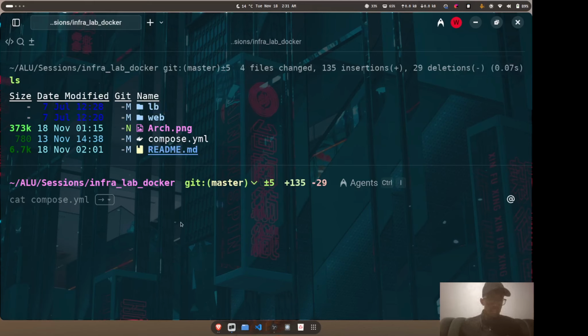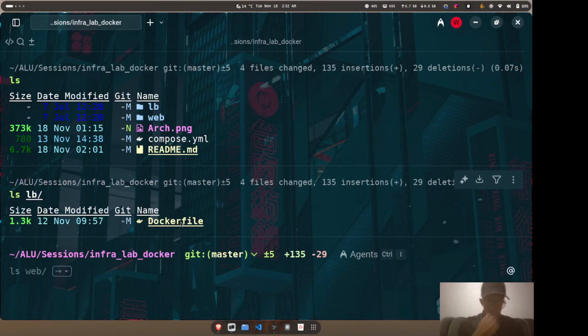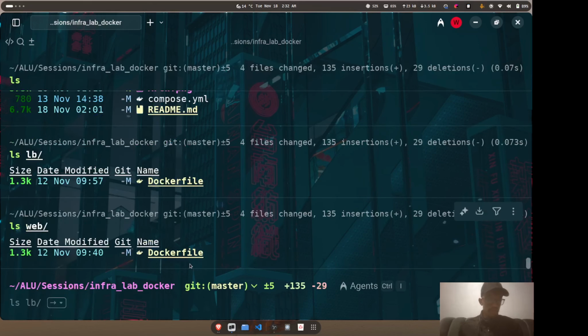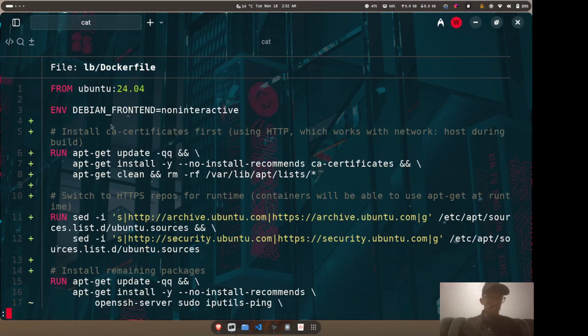In each folder you'll have a Docker file, not a Docker compose file, which tells what kind of image we're going to create. If we look at the Dockerfile, it's just going to tell Docker to get the Ubuntu 24.04 image from Docker Hub,